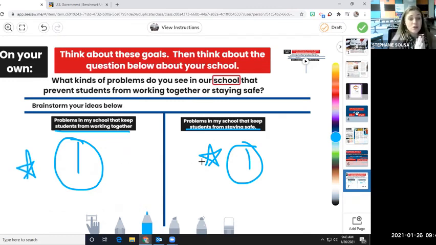The ideas that you put are going to be what you're going to write to our school board president about. So you got to make sure that you have a lot of information to say about why it's a good idea, why it would work, how you think it could happen. So what you choose today is what you're going to write about. Okay? So on slide 7, one idea you have to help people work together, one idea you have to help keep people safe. All right? That is what you are going to complete today for independent work time.